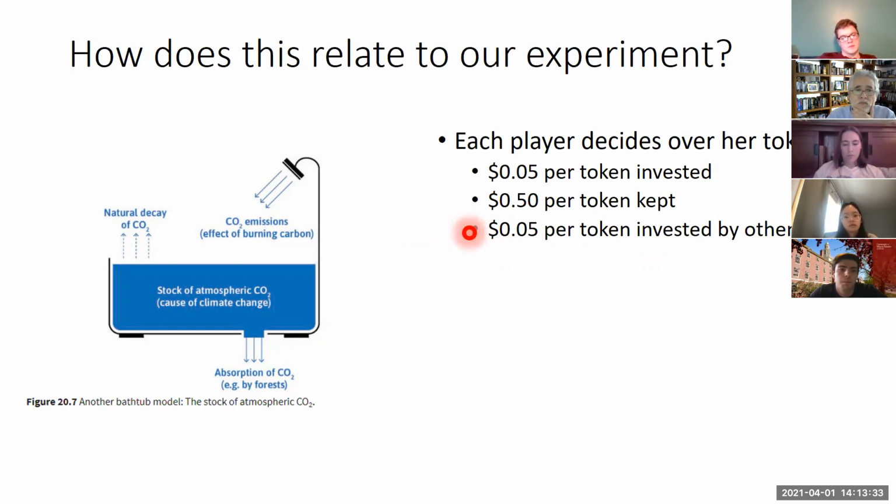Right? So we can agree that everybody as a whole benefits from everybody putting their 10 tokens into the investment, and yet there are individual incentives for not doing so. And that's the classic collective action problem. So what I want you to think about is this particular question, which I asked you last Tuesday: